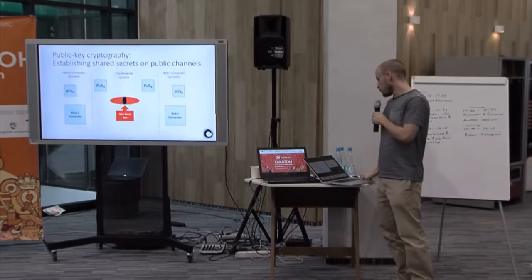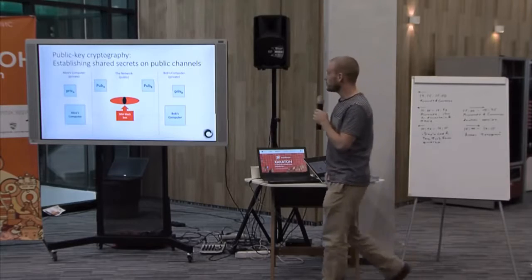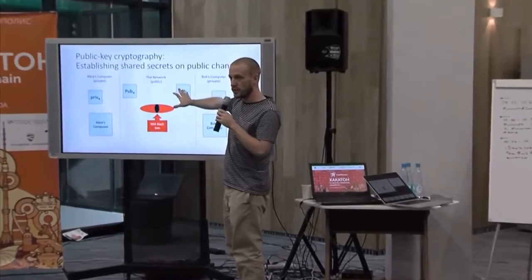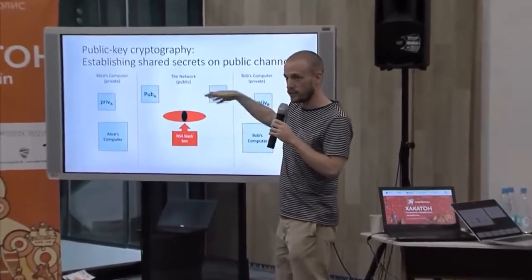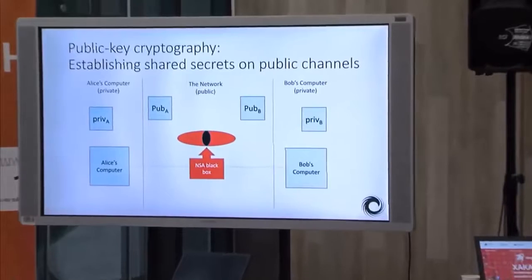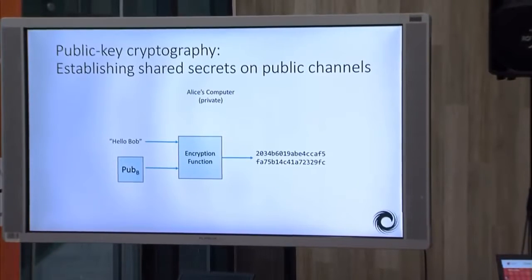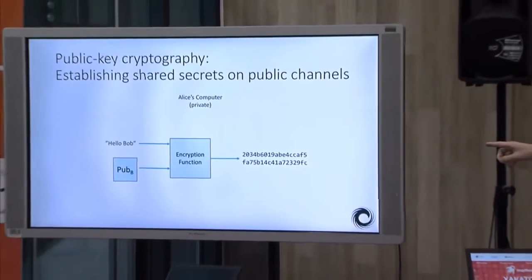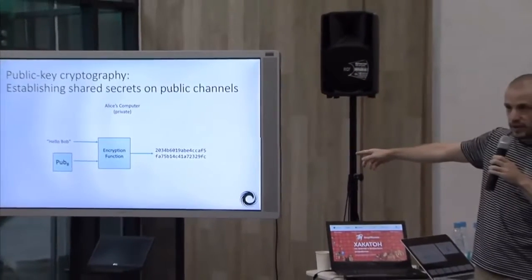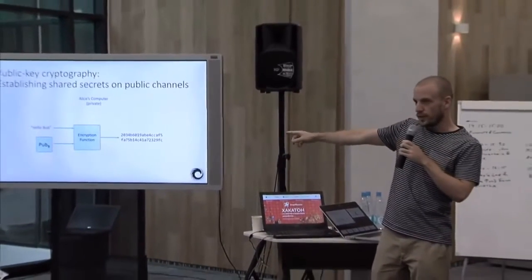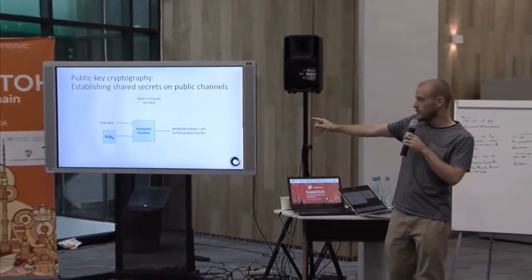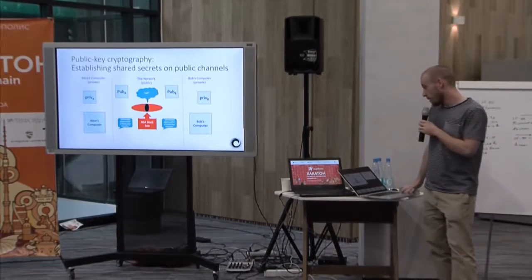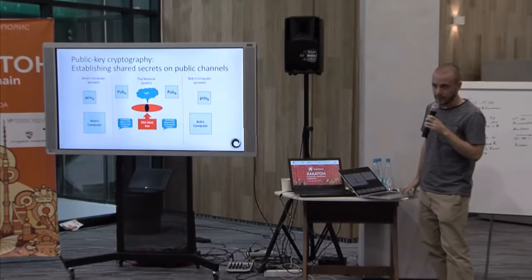So in practice, to send secret messages, Alice and Bob have their private keys on their computers. The public keys live on the network, so the NSA can see what these public keys are. That's fine, doesn't bother us. To send her secret message, Alice inputs her message along with Bob's public key into the encryption function, and what she gets out is some ciphertext, right? So she provides her plain text, the message, and Bob's public key, and gets ciphertext out. We send that over the wire. The NSA sees the ciphertext, but it doesn't mean anything to them.